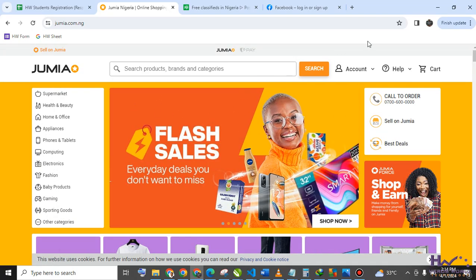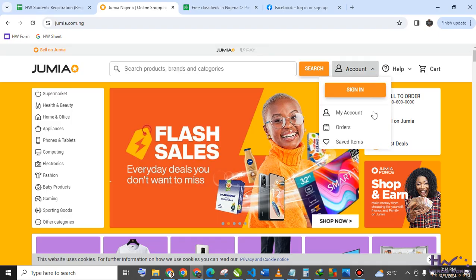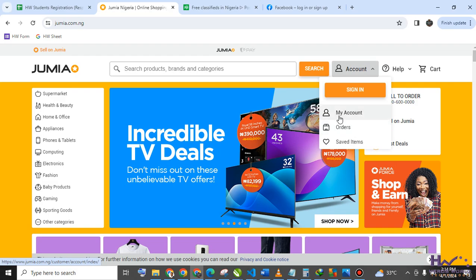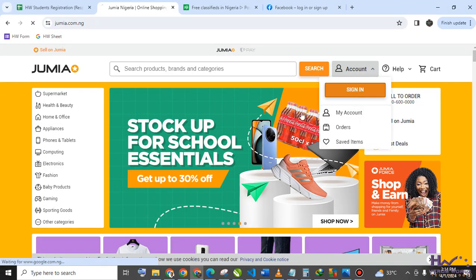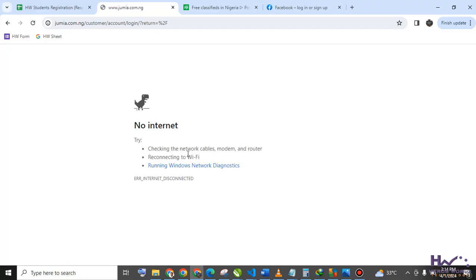But far beyond this, you can see we even have an account section where a user can log in. You can view your orders and save items and all of those. Now these are the work of the front end developer, but far beyond what you could see. Of course, when you try to log in or sign up now, your details,